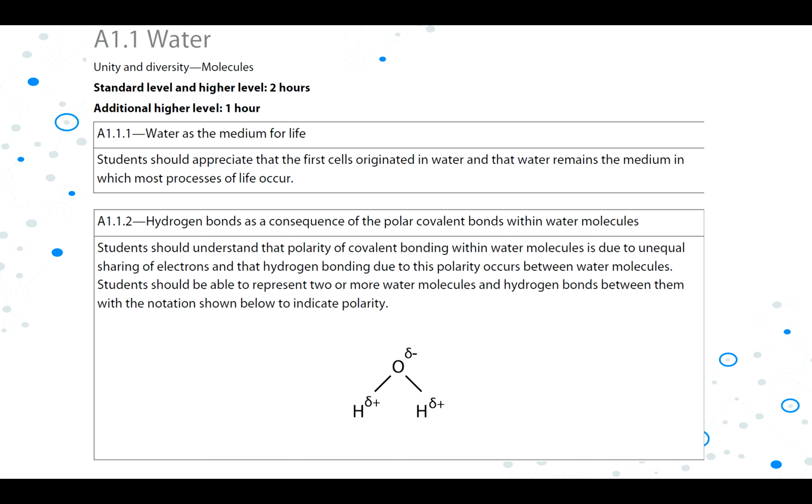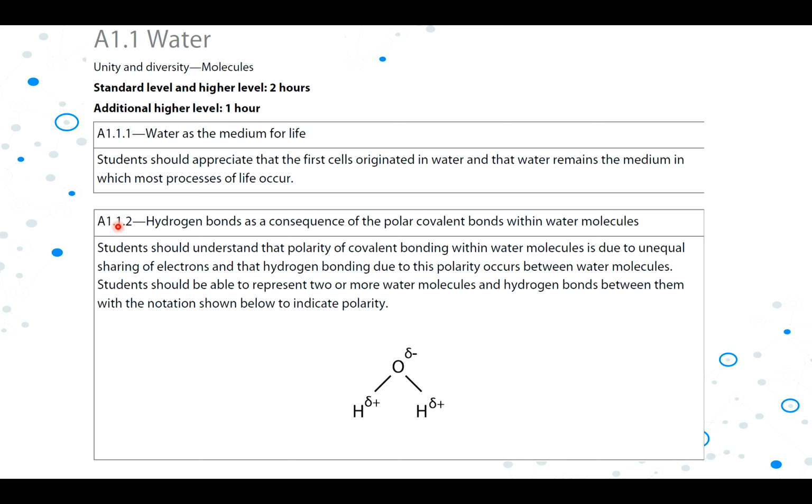In this section we are going to talk about how water is acting as a medium for life, in which we will discuss the properties and what kind of bonds they are making. Why we are considering water as an appropriate surrounding for life to originate. So we'll talk about that.